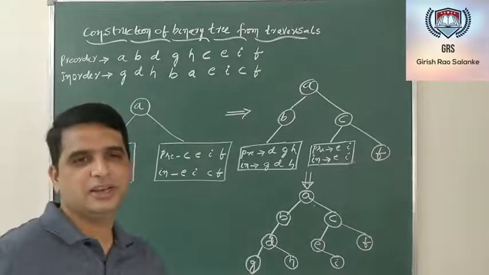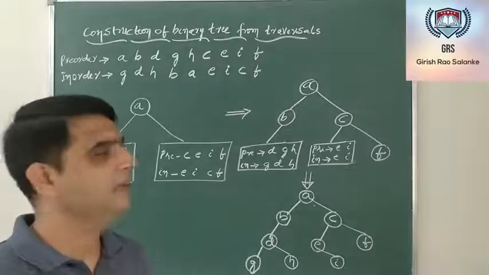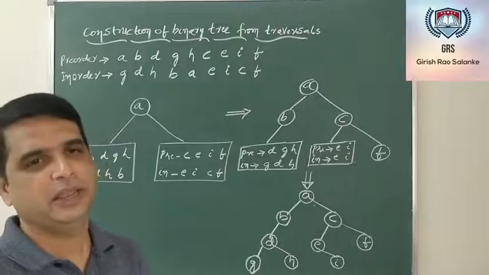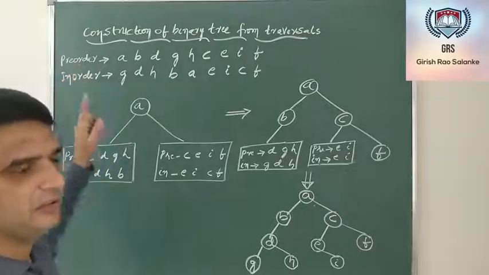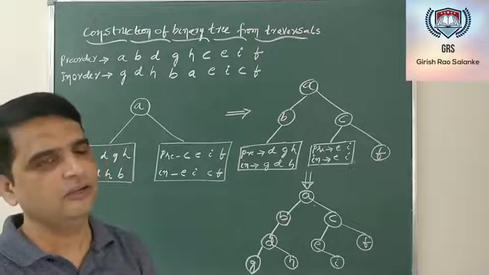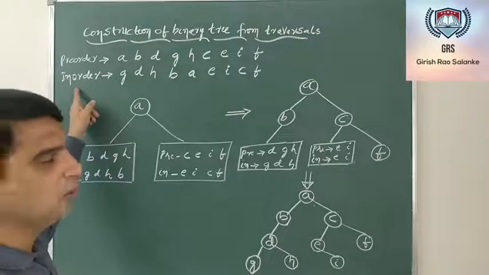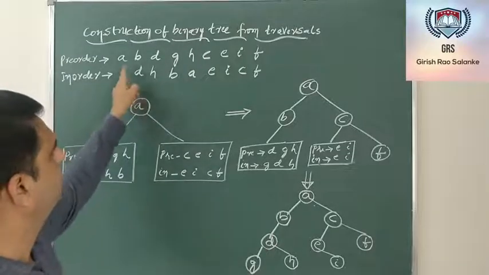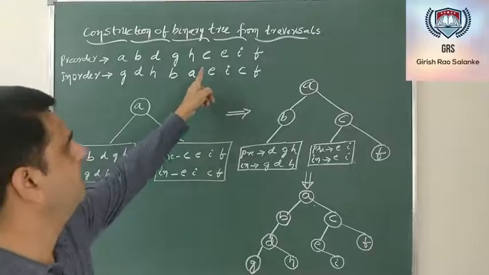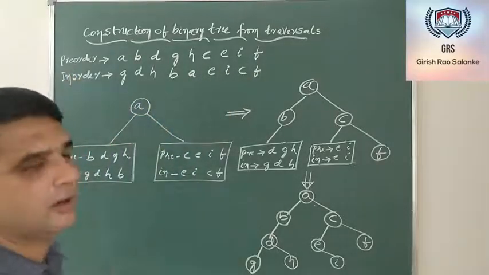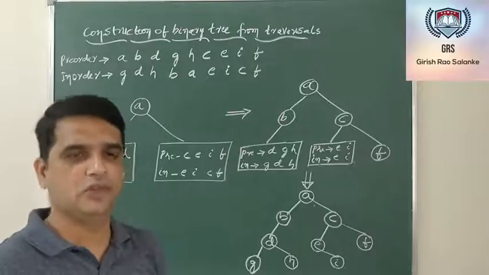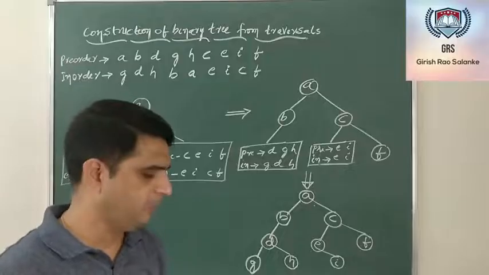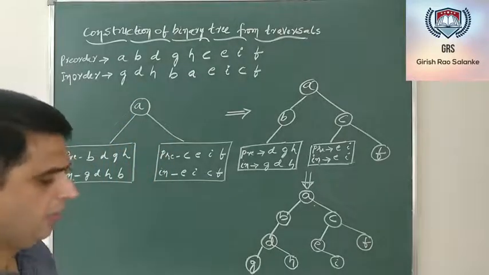This is about how to reconstruct a binary tree with the help of the pre-order and the in-order traversal. We know that in pre-order traversal, the first node that you are visiting is the root node itself. In in-order traversal, the root node will be visited after visiting all the nodes in the left subtree. So these are the left subtree, this is my root node, and then the right subtree. Whereas in pre-order, it was node, left, right. First you visit the node, then all the nodes in the left subtree, and then all the nodes in the right subtree. Now quickly we'll take one more example.